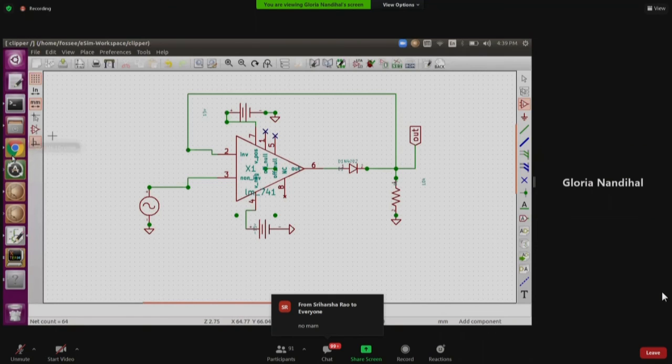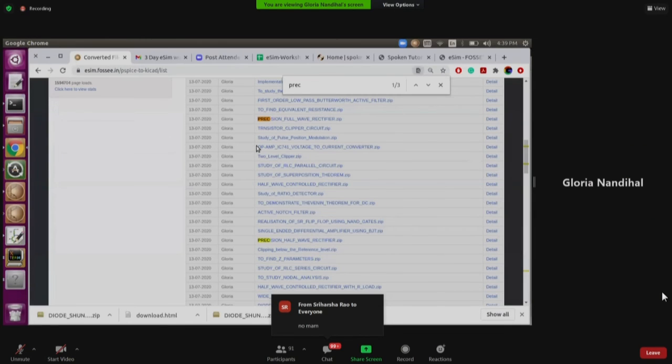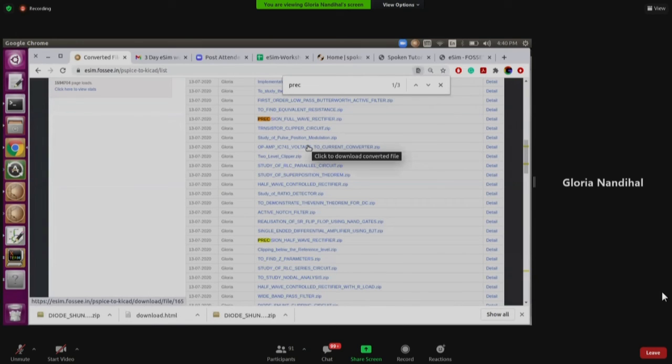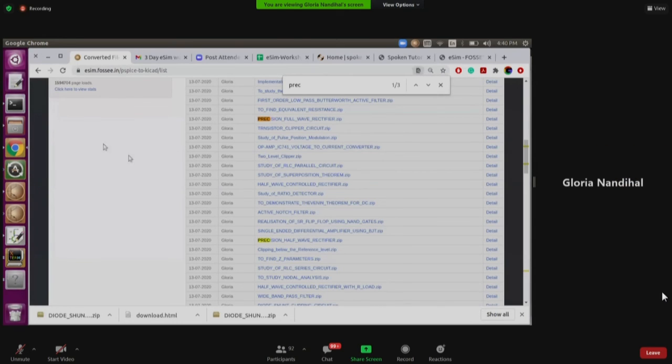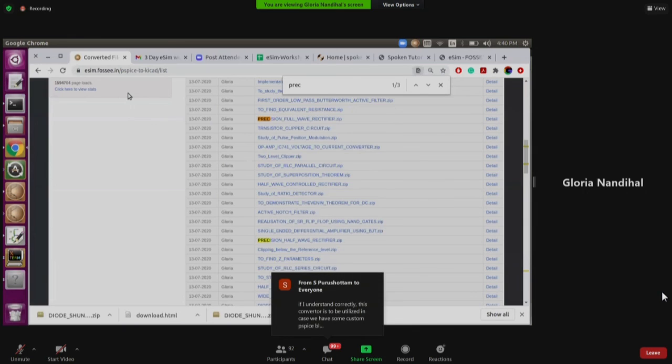And one more thing, whatever we have uploaded here, a few of them have already been simulated in eSim. But it's not always the case that you'll get .cir and .cir.out files. Only the 3 files you'll be getting once you get the zip file. Then hopefully we'll be receiving more of the PSpice files, and within a day we'll get back to you guys. So that's not a problem.